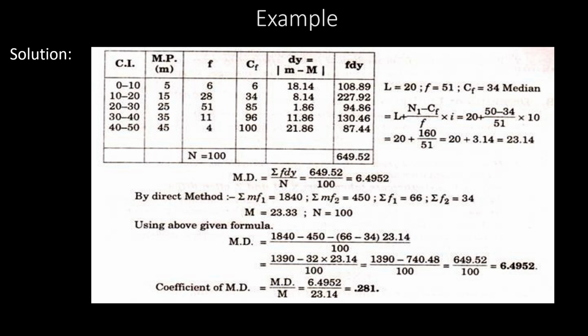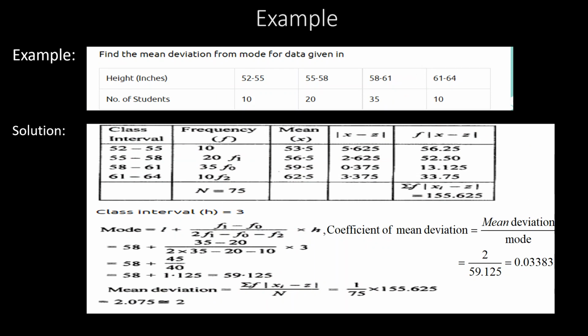Now let us move to another example, which is the mean deviation about the mode for a continuous series. Here is a series given to you where you can observe the class intervals and frequencies. We have to find the mode for this data, and the formula for that is L plus (F1 minus F0) divided by (2F1 minus F0 minus F2) multiplied by h. h is the class width, and here we can see the class width is 3.